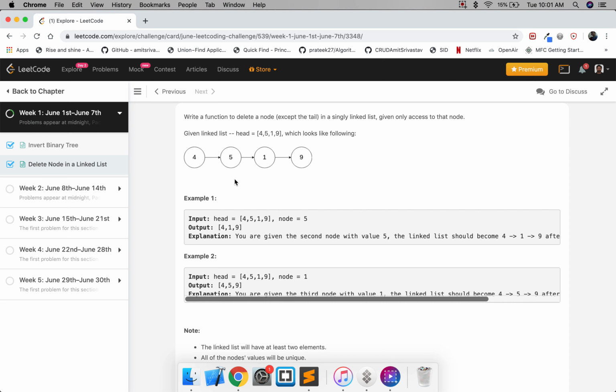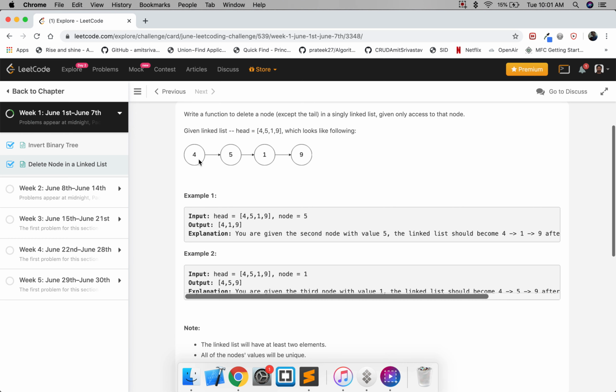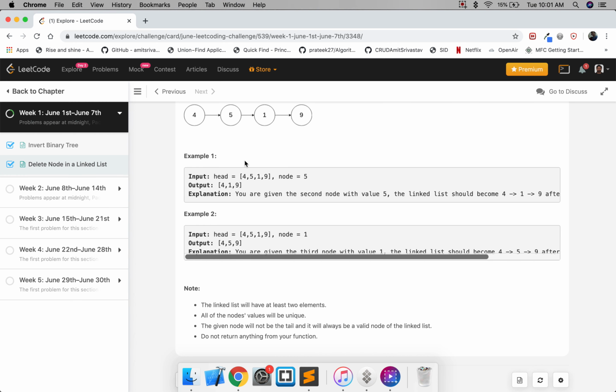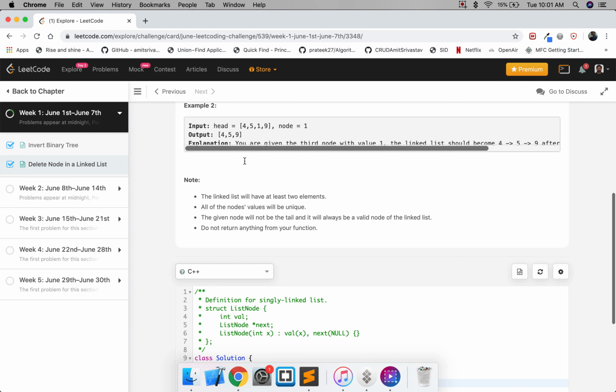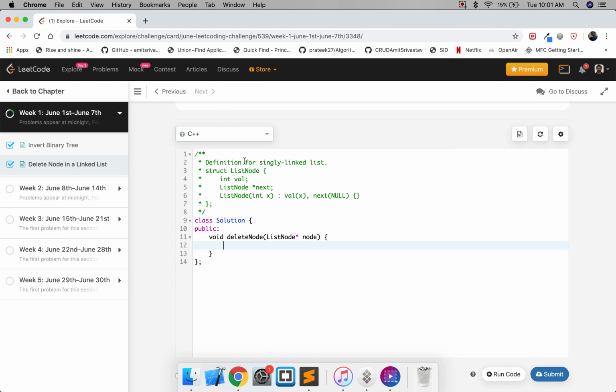When we are given the first node, we usually go from the first node till the point we find the node, and we just delete that particular node, and then that is the whole problem. But in this case, since we are not given the first node, we will have to think about another way. The approach for deleting a node when we are only given the node is slightly different, but it's going to be almost similar to what we do when we delete at a given position. So let's just start.